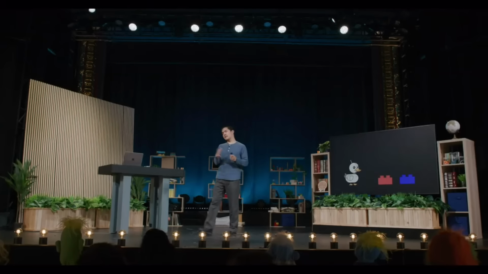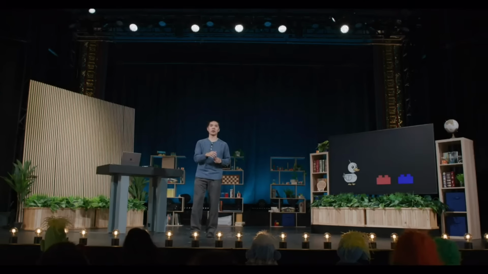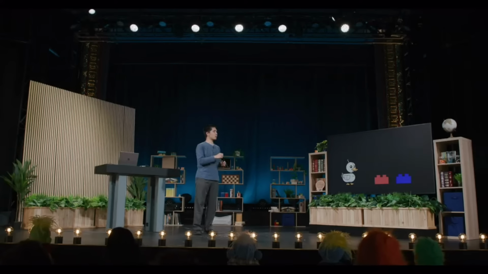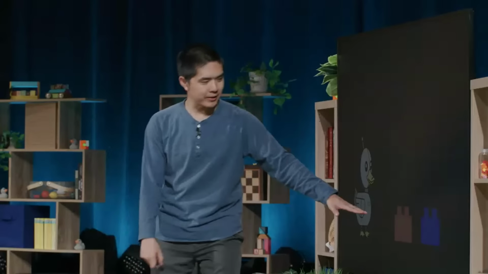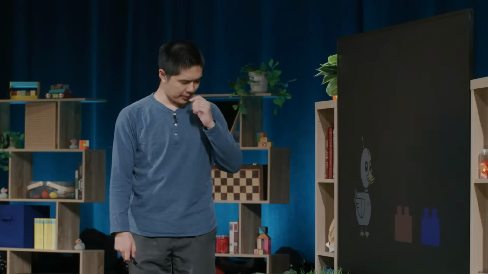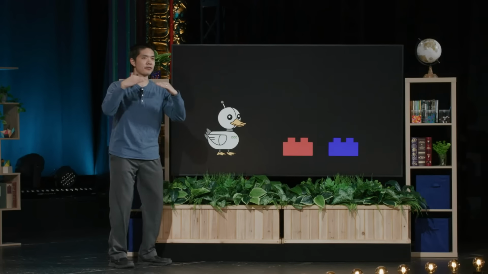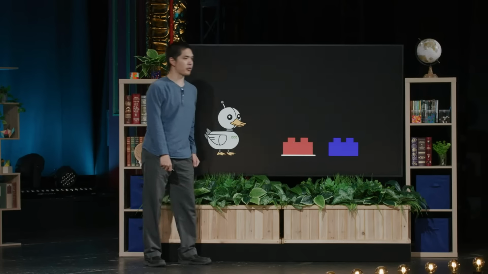And if it did something that didn't quite work out, if it did something wrong, then it learned from that too. It learned not to do something like that in the future. But in order for that to work, we needed some way to decide what the reward or punishment was going to be. How do you reward the AI for being able to stack the red Lego brick on top of the blue Lego brick? And what they decided to do in this case was use the elevation, how far up or down is the bottom part of the red Lego brick.